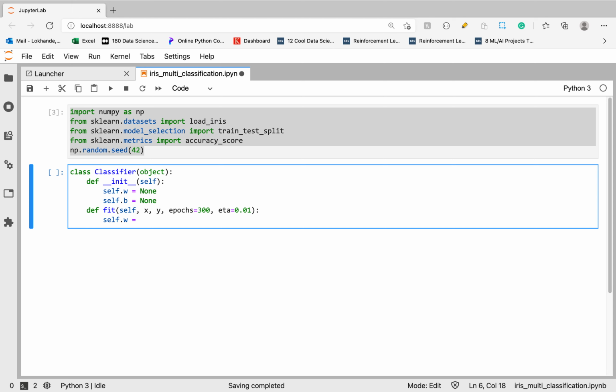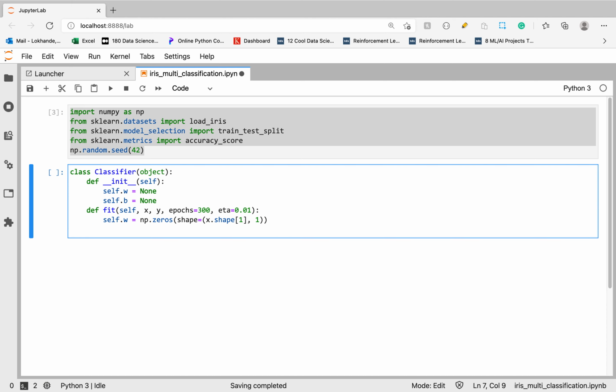Right now we have x. Using the shape method we can calculate the number of rows of x as well as the number of columns. The first step in the fit method is to initialize w with zeros, np.zeros, and the shape of this matrix is x.shape[1], comma 1.